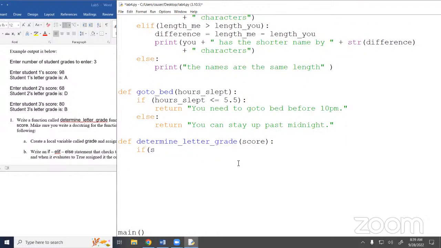So if score is greater than or equal to 90, oops, wrong symbol, greater than or equal to 90, I'm going to return A, else if score is greater than or equal to 80, I'm going to return a B,